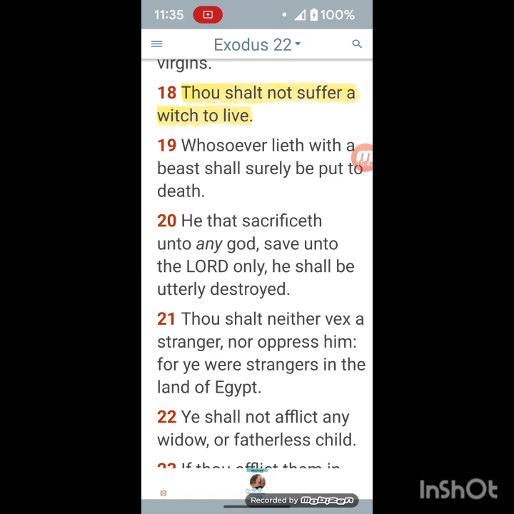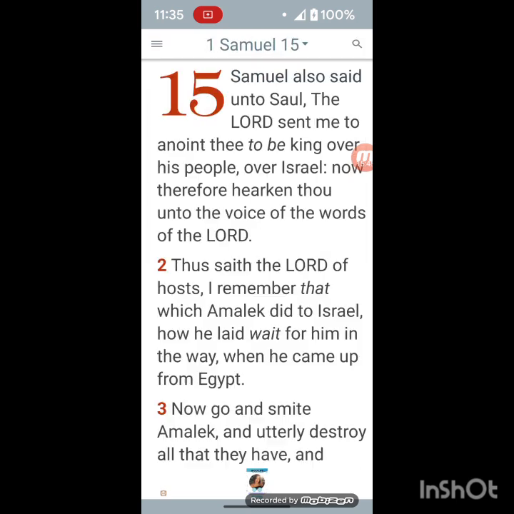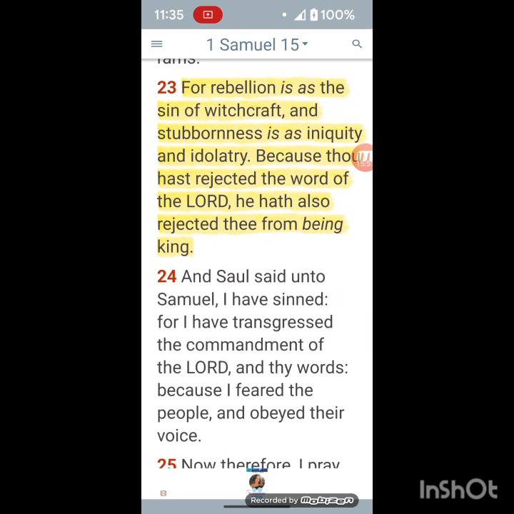Okay. What does the scripture say about rebellion? This is 1 Samuel 15:23. It says, for rebellion is as the sin of witchcraft, and stubbornness is as iniquity and idolatry. Because thou hast rejected the word of Yahweh Bashem Yahushai, he hath also rejected thee from being king. And this is what Samuel was saying to Saul, for that sacrifice of the stuff he brought back after conquering, not totally conquering Amalek, but he took the spoils.